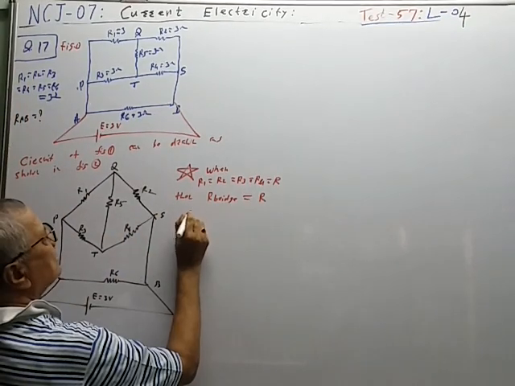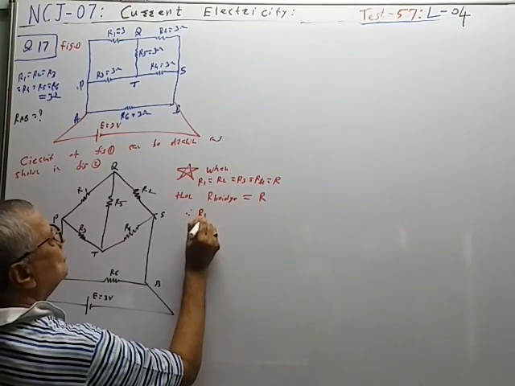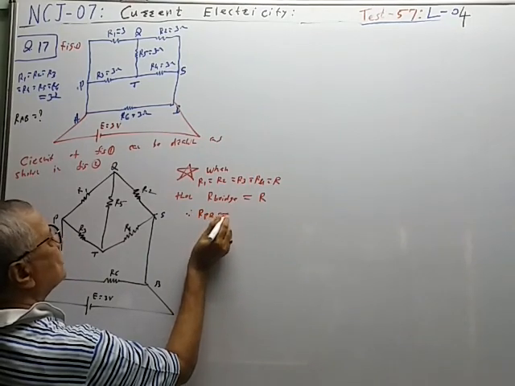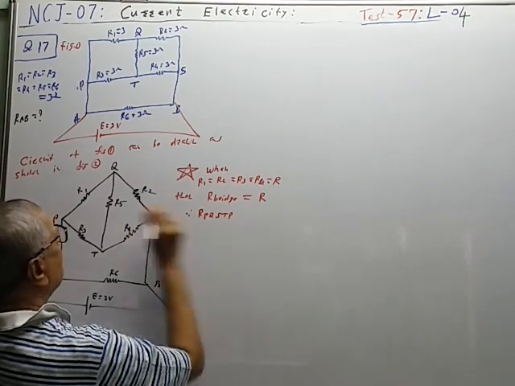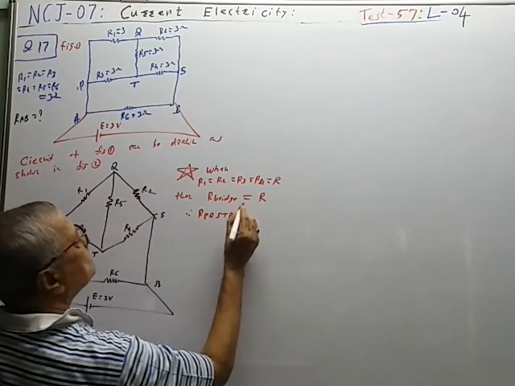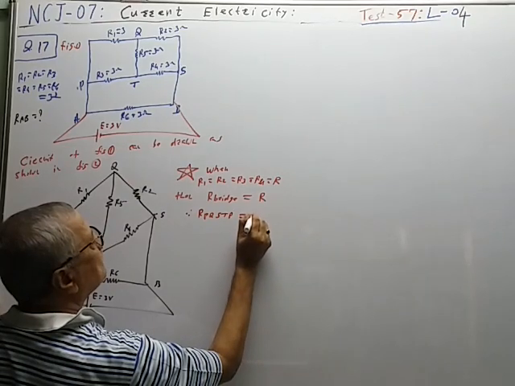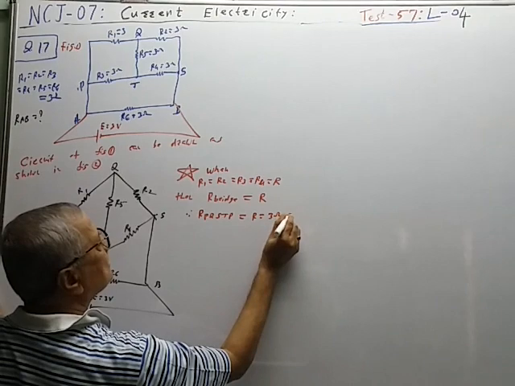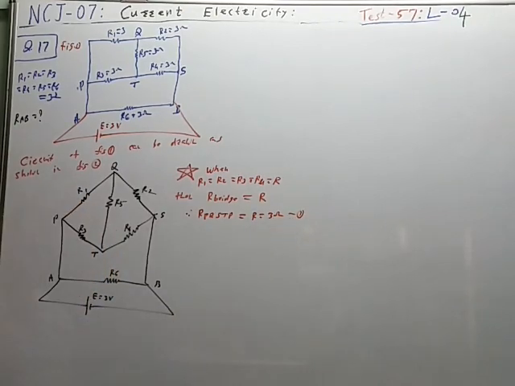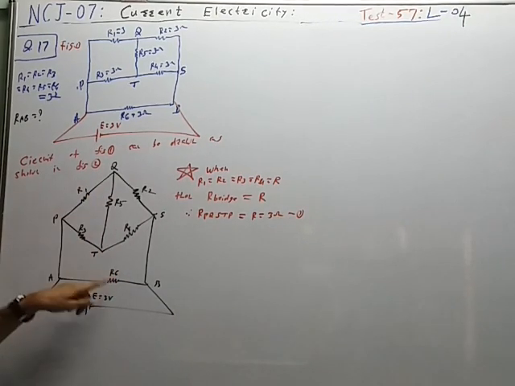So therefore the resistance of this part, R PQST P, is equal to R is equal to 3 ohm. This is equation 1. So this is 3 ohm and this is